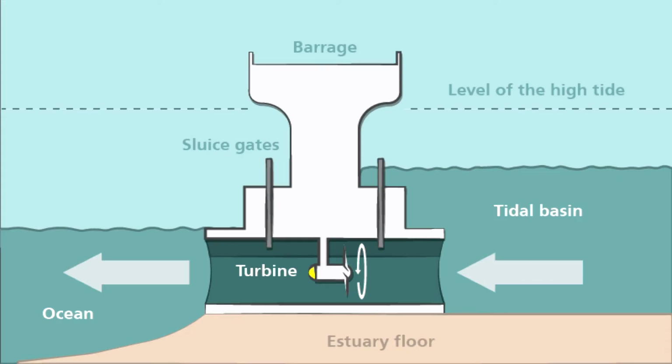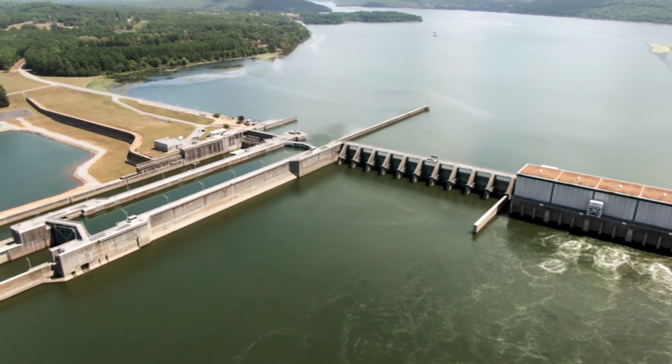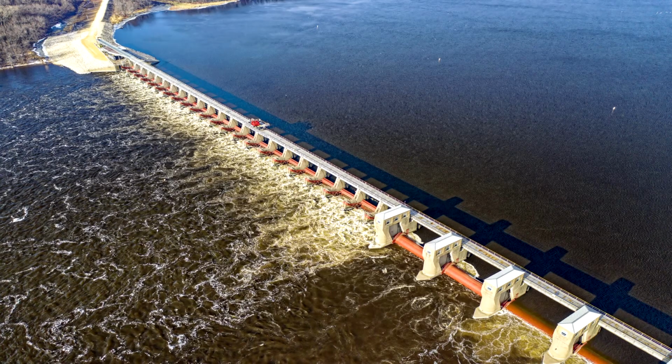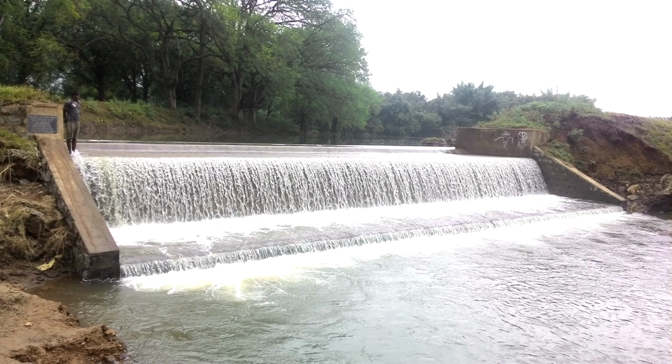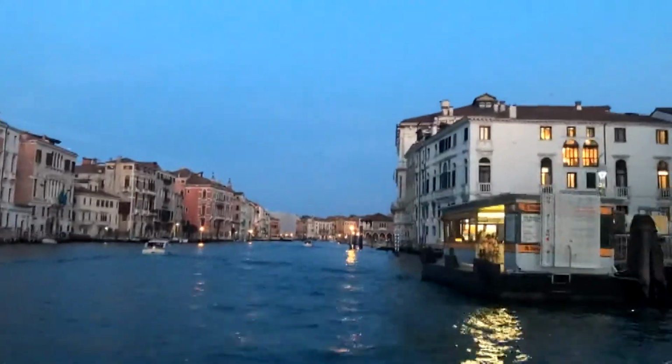A barrage is a dam across a river estuary that generates hydroelectric power. The dam holds back the tide as it ebbs and flows. The water is forced through pipes inside the barrage, where it drives electricity generators. A weir is a low river dam that controls the flow of water by creating a stretch of deeper water upstream. Deep water makes the river navigable for boats.